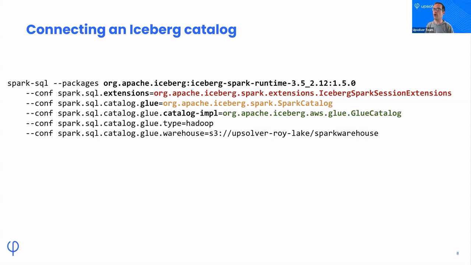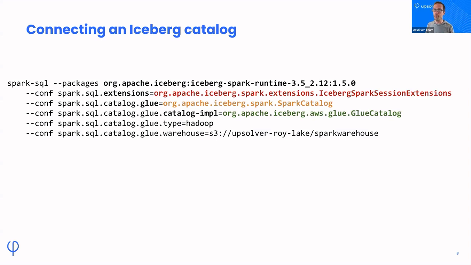And this is the Iceberg Spark runtime package. When you build your Spark image, you can just include it. If you don't include it, you can load it at runtime. And if you go to the Iceberg website, you can see the latest one in the updated versions. You can go pick up the latest version. That's the first line. And then the subsequent lines are talking about configuring the catalog, the Iceberg catalog that we